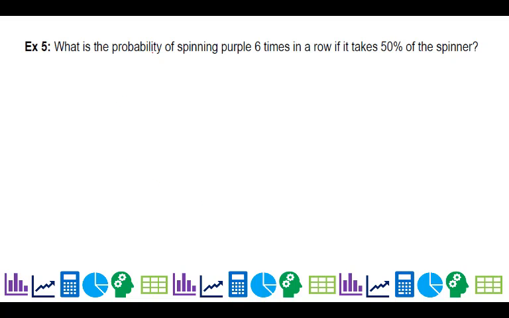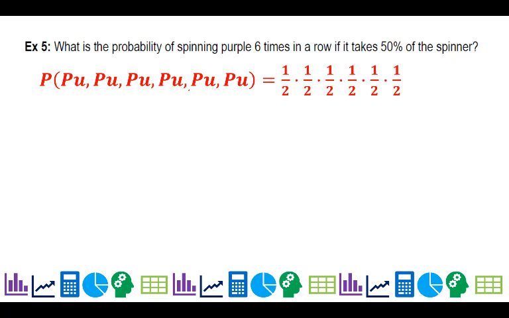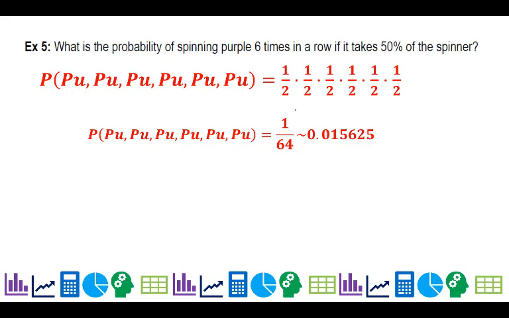Now, in an earlier lesson, we looked at the probability of spinning purple 6 times in a row. And what was the probability of that actually happening? So I actually did spin purple 6 times in a row. How often should I expect that to happen? Well, I'm just going to go 1/2 times 1/2 times 1/2 times 1/2 times 1/2 times 1/2, so 1 for each spin. And I get 1/64, or about 1.5%. So 1.6 almost. So it's pretty rare. I'd have to play with that manipulative about 64 times, roughly, not exactly, to be predicted to get purple 6 times